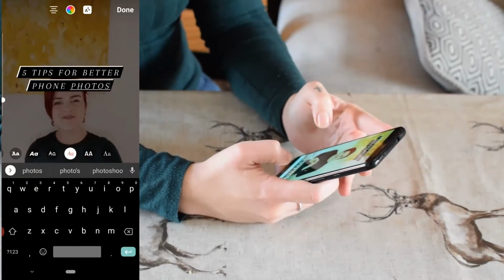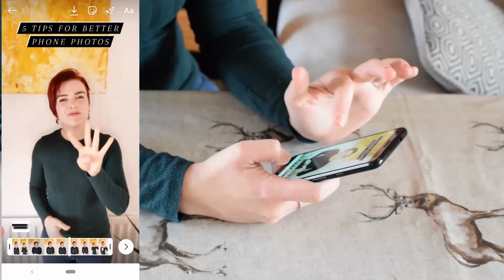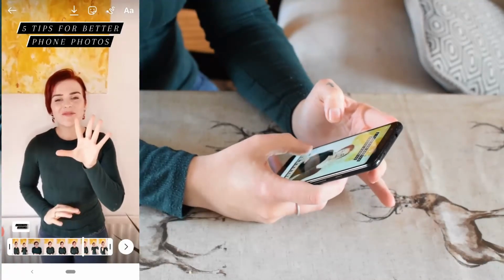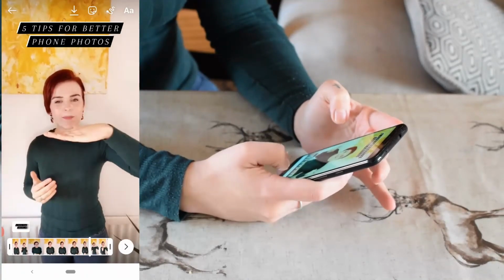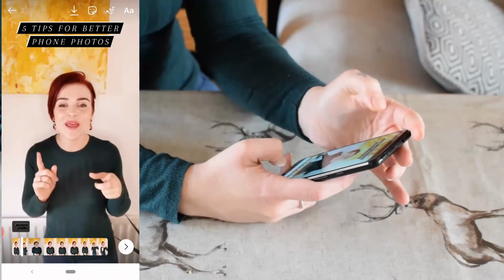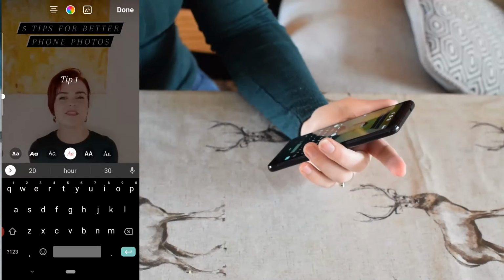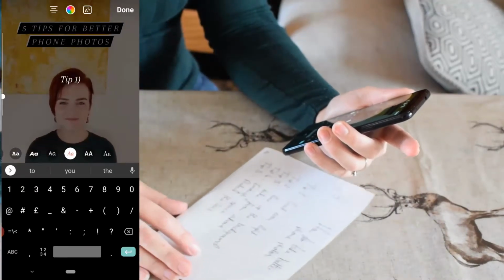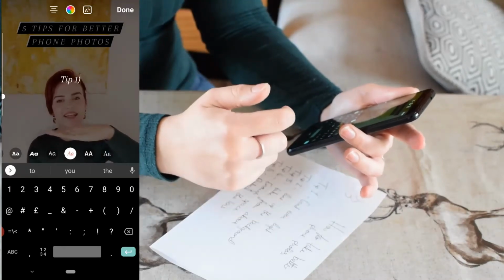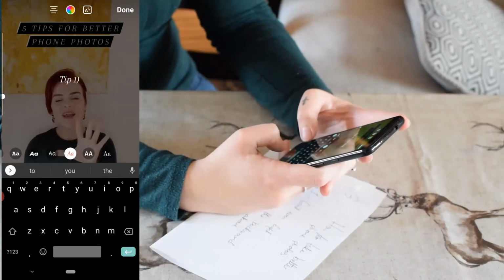I'm going to have that nice and high up there, and then I want to make sure I've got nice space to put all the other text. And this, I do literally want it to be playing the whole way throughout, but you can actually adjust the time span of this particular piece of writing. And I'm going to get my little sheet of tips that I wrote down originally, so that I make sure that I'm writing the tip exactly the same way I'm saying it, so that I don't have to keep turning it up and replaying it. So tip 1,